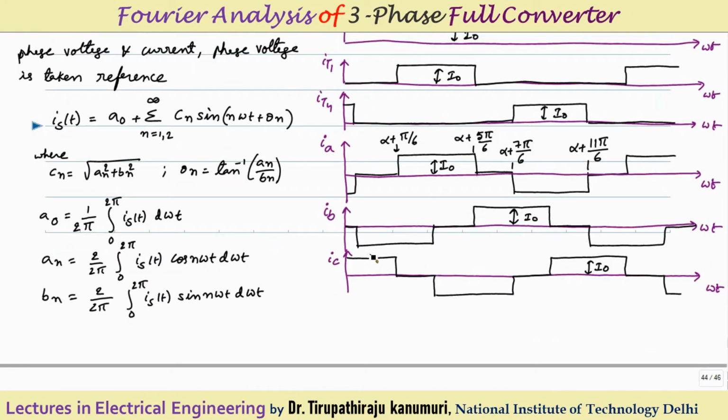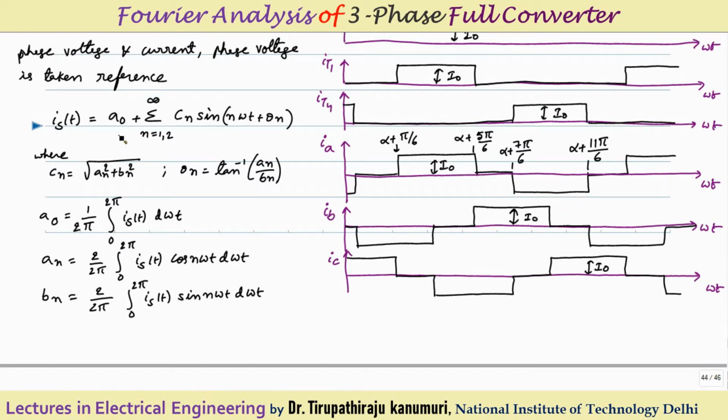In a similar way I can calculate for phase B also. Phase B will conduct 120 degrees positive and 120 degrees negative. The same is the case for phase C. Now proceeding further, in order to make the Fourier analysis of the current supplied from the source, I can take phase A, for example. This is my waveform. I want to resolve this waveform into the DC component, the fundamental component and the higher order harmonic components.